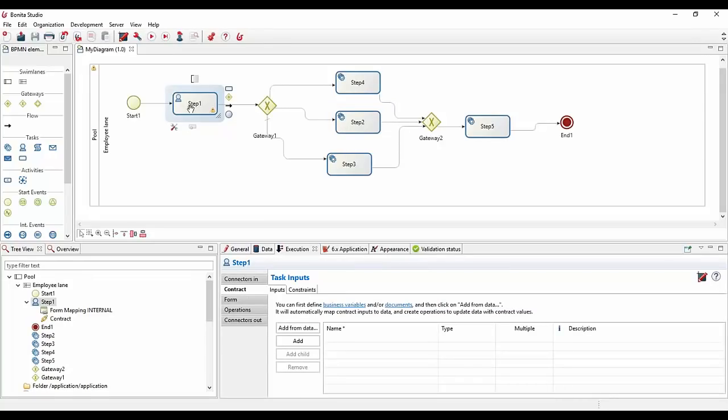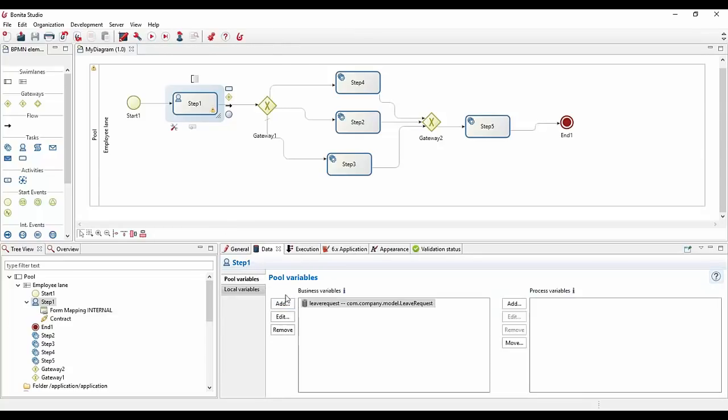So if I click on the human task, for example, you remember that on this process I added a leave request information as a variable. This business information sometimes is coming from the end user. Let's say that this leave request has to be coming from a form. So I will be creating a contract on this human task.